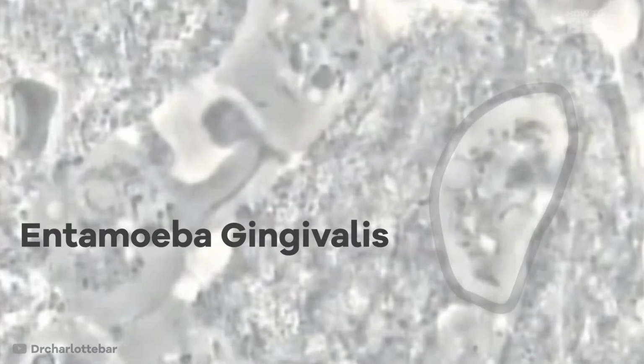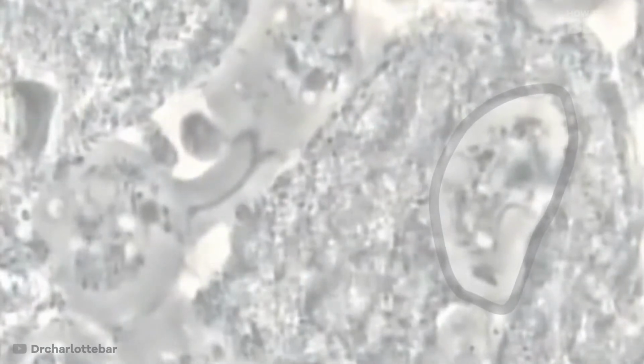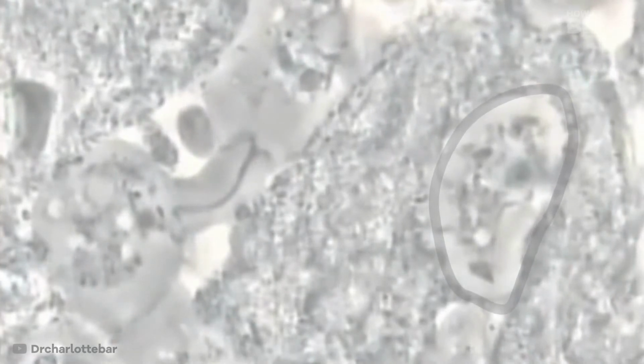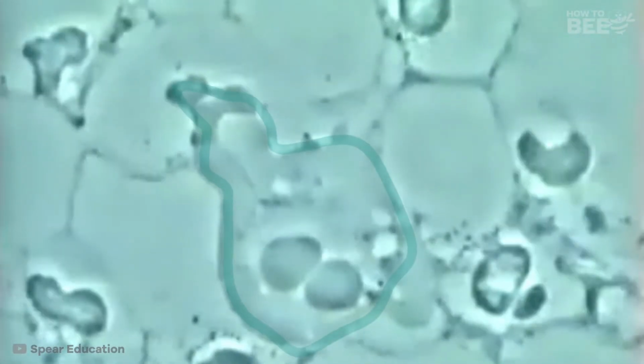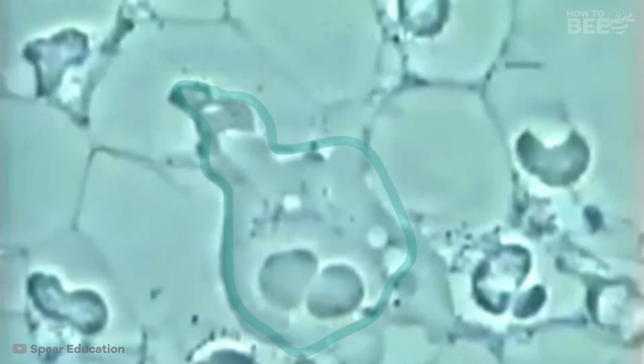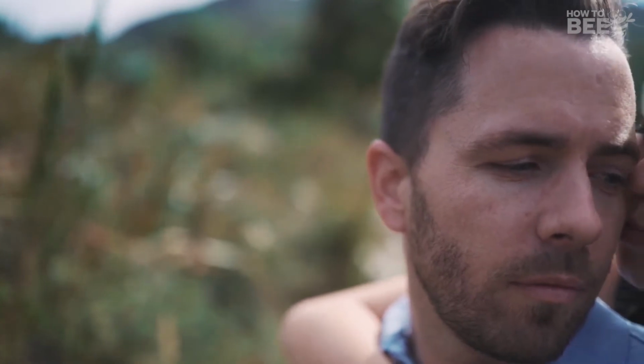Entamoeba gingivalis. This is a type of amoeba found in your mouth. It's inside the gingival pocket, biofilm near the base of the teeth, and in periodontal pockets. Entamoeba gingivalis is found in 95% of people with gum disease and rarely in people with healthy gums. Cyst formation is not present, therefore transmission is direct from one person to another by kissing or by sharing eating